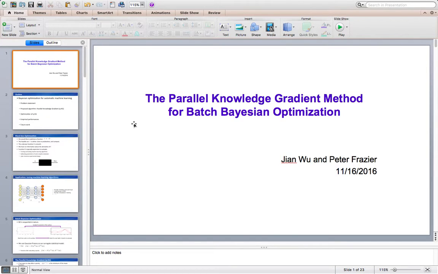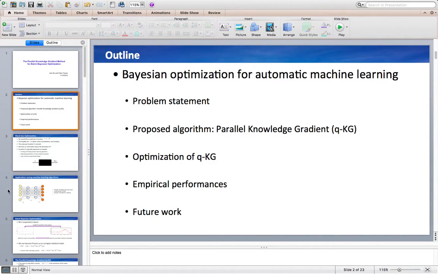This is a short summary of our paper entitled The Parallel Knowledge Gradient Method for Batch Bayesian Optimization. This is an outline of this presentation. Basically, we state the problem, propose our algorithm, explain how to optimize our algorithm, and show the empirical performance and some